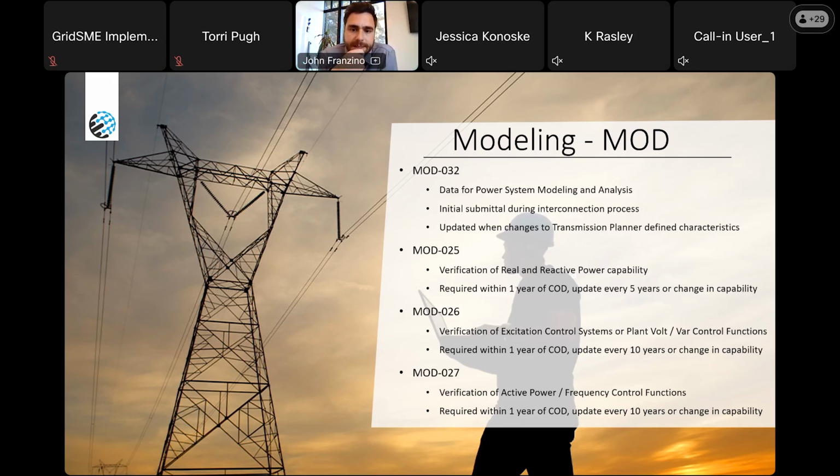Mod 26 is about volt and VAR controls. So essentially seeing how the plant will respond when there is a voltage deviation on the system. And this is where modifying plant controller inputs and control logic comes into play, because you can't always just wait for an actual system disturbance to happen, right? Because one, we need to do this within a year of COD, and two, if you're going to be doing